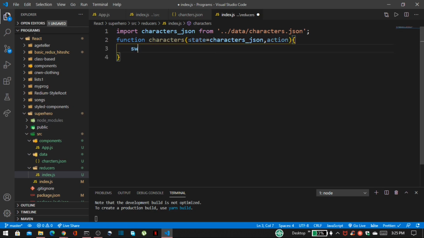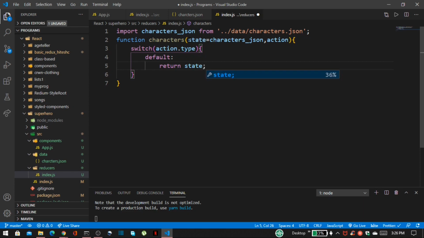Inside that, I want to use a switch case and action type. By default, it returns our state, that is our characters.json file, and after that we have to export this.